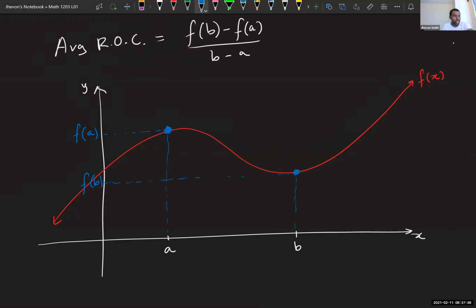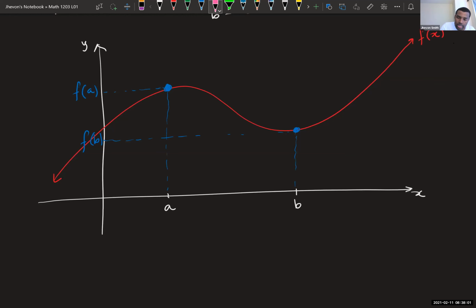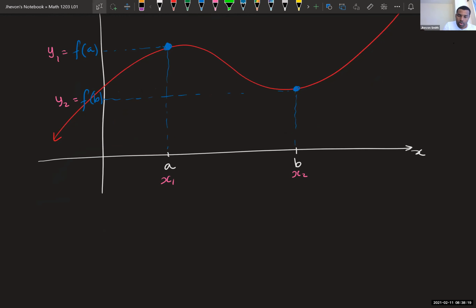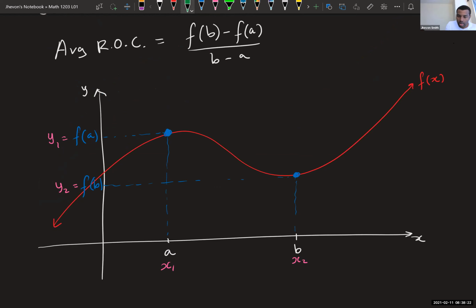Now, what am I saying? What is that f of b minus f of a over b minus a? Well, here's one thing you can notice. Let's say I called my a x1, the first x value, and my b x2, the second x value. Then correspondingly, this guy would be y1, and that guy would be y2. And if I were to imagine that there's a straight line connecting these two points,